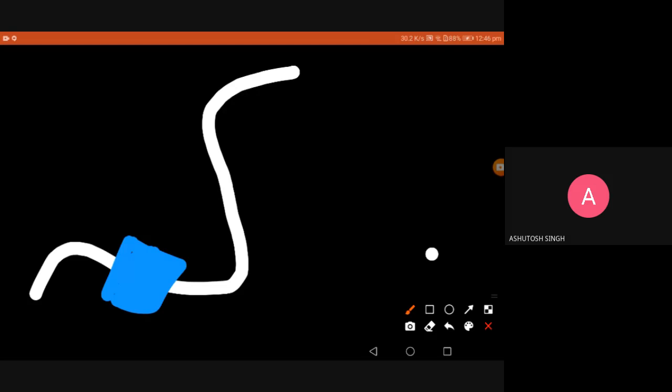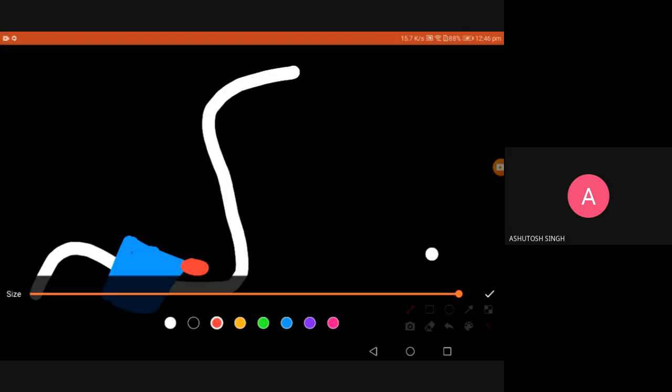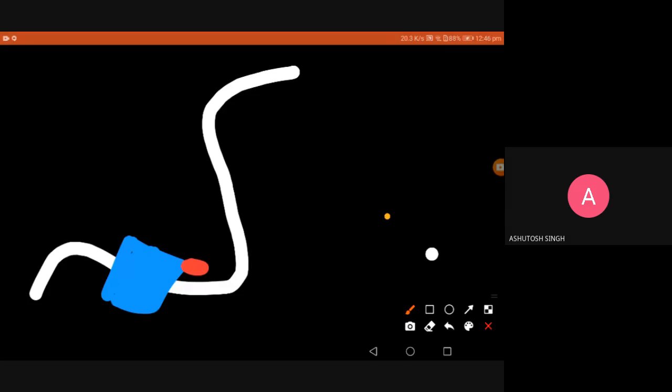Which sensor will receive the first sensing? The left sensor, right? My left sensor will come across a white surface first. So whenever my left sensor comes across a white line, as is the case here,